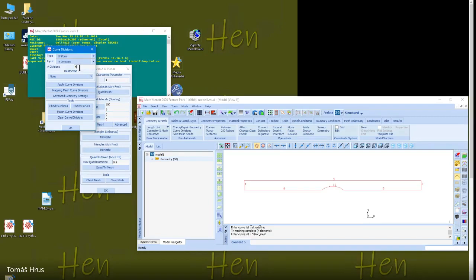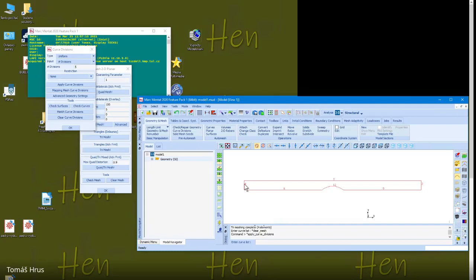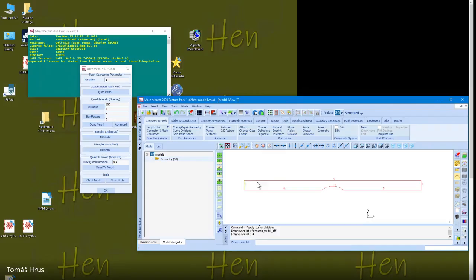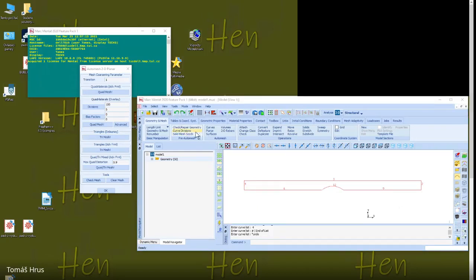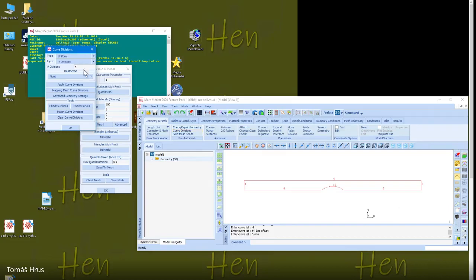For example, 5 to this. We can't see it. Can you just bring that window you opened right now? Sorry. So curve divisions here. Yes. Okay. And yes, this window